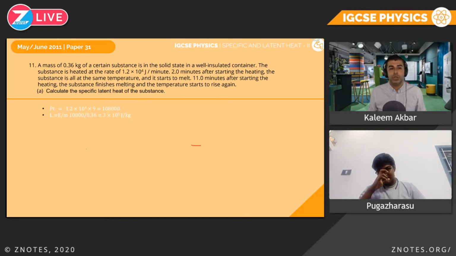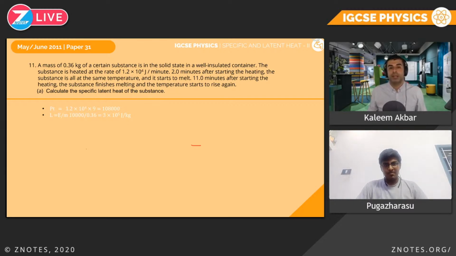You have got, technically, the power, and you go, how have I got the power? Power is measured in watts. Well, remember, power is energy divided by time. Yep. What you get is 1.2 times 10 to the 4 joules per minute. That is effectively power, but it's not measured in watts. So what you want to do here is E equals PT, which is 1.2 times 10